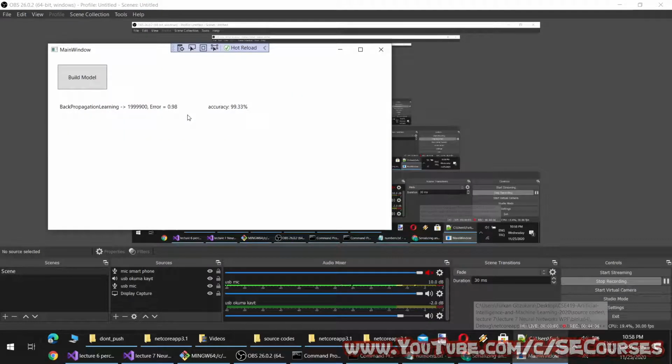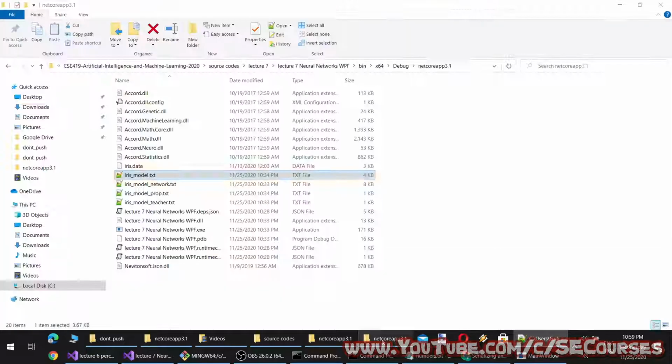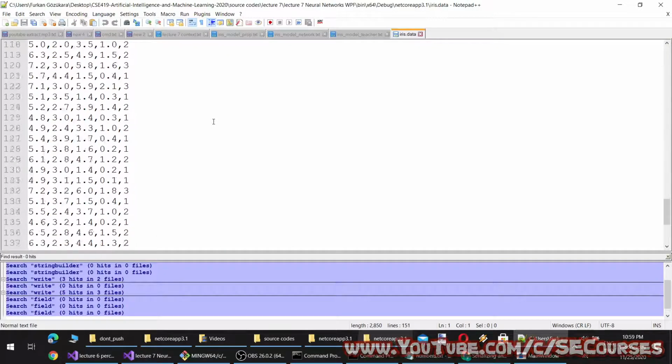Okay, so the iterations have finished, and we have trained the model with 2 million iterations, and the best accuracy has been reached at the 100,000th iteration, and the accuracy is 99.33 over the iris data.